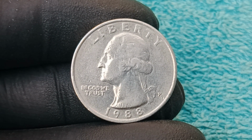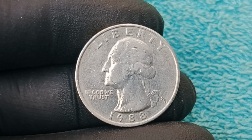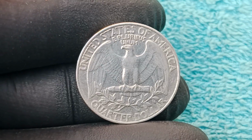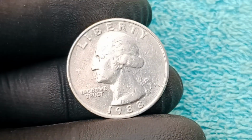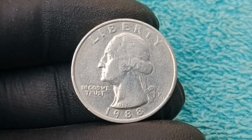Another factor contributing to the 1988 quarter's immense value is the concept of low mintage errors, which occur when certain production runs are accidentally skipped or miscounted, leading to extremely limited quantities of specific varieties in circulation. In some cases, fewer than a handful of coins may exist with a particular anomaly, and when these coins appear in perfect or near-perfect uncirculated condition, they can sell for sums that seem unbelievable for a coin with such a